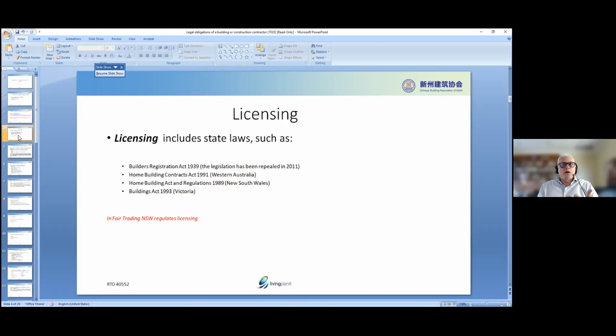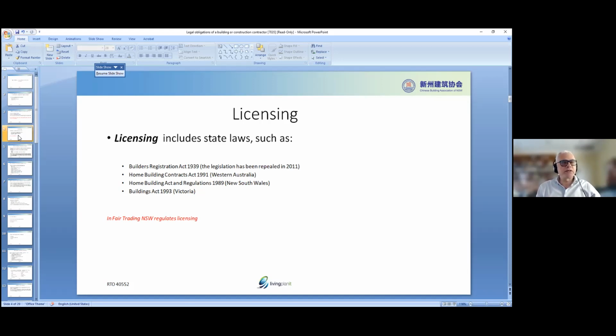Now, what does that mean? It means you don't have to go through the whole process of doing their courses, but you need to show them that you have a current or valid New South Wales license, and then they'll ask for certain things. They'll ask for evidence and proof of qualifications. Then they'll ring up Fair Trading and ask, does this person have a license? If they say yes, then they should issue you with one. However, of course, it comes with a fee.